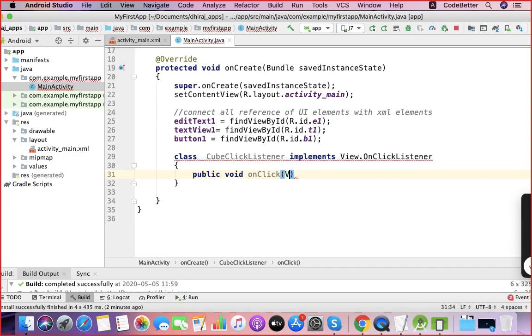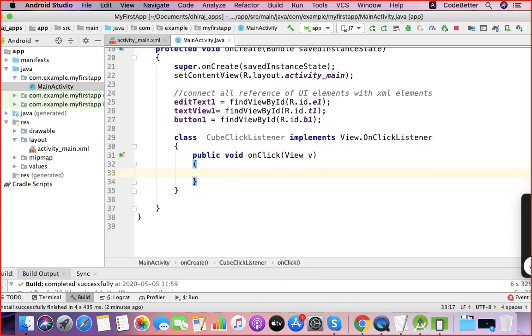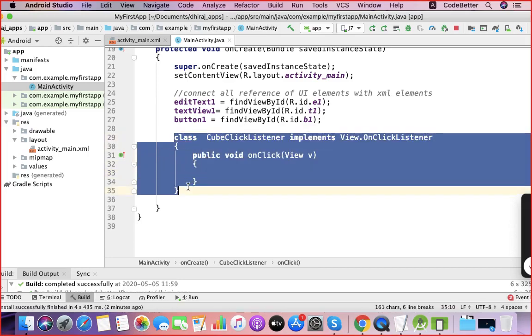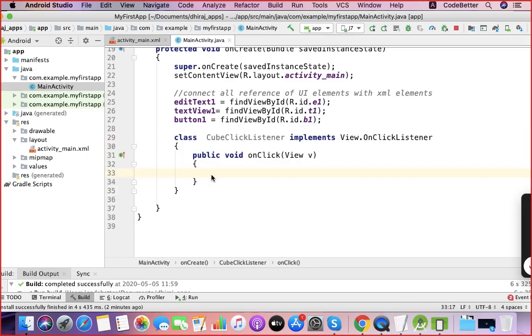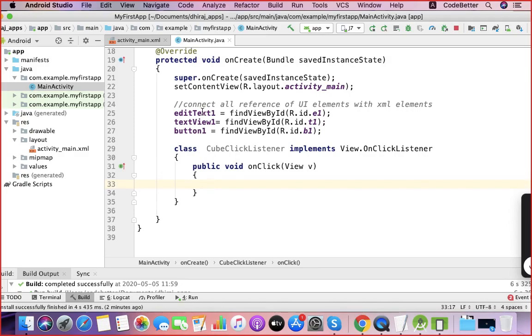Okay. So after you override this, you can put your code inside this. You want to fetch the data from that input field. The input field is represented using this EditText.